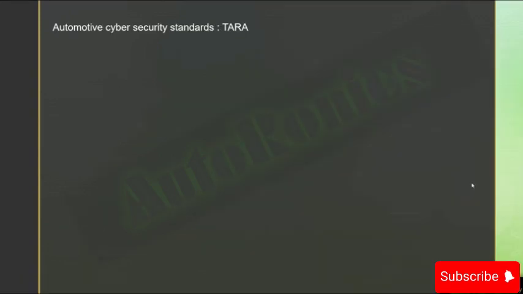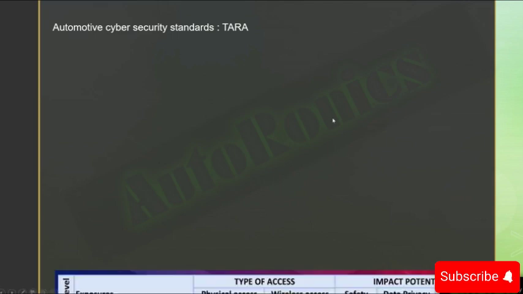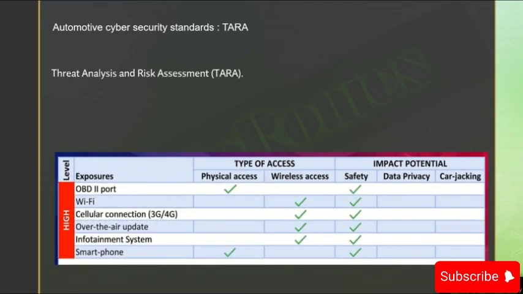So we talked about ISO 21434. In that, basically one section is very, very important, that is TARA. What is TARA? So let's have a look here. TARA is nothing but threat analysis and risk assessment. The objective of conducting TARA is self-explanatory. It aims to break down your system into threats and assess the risks from the threats discovered.